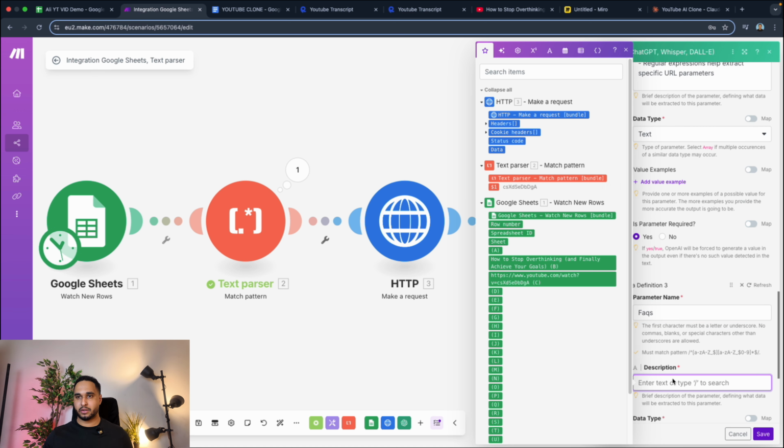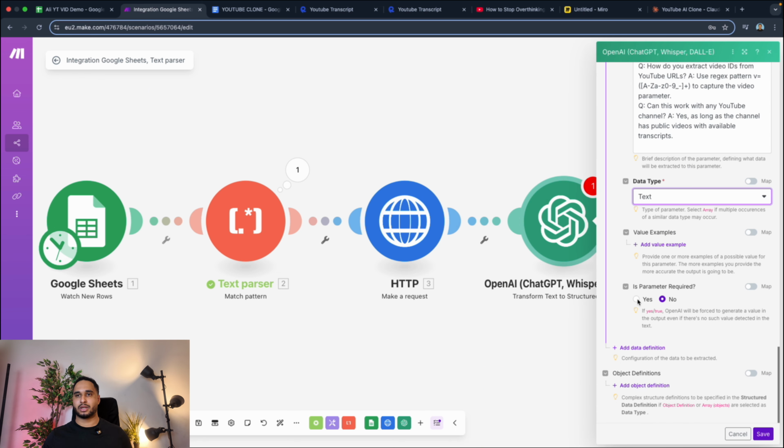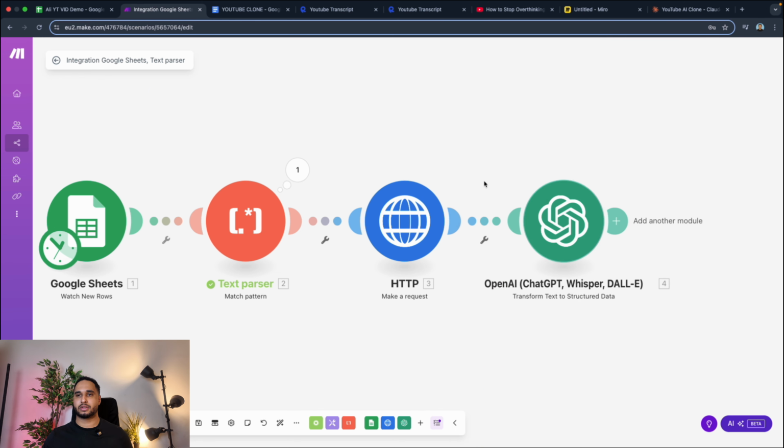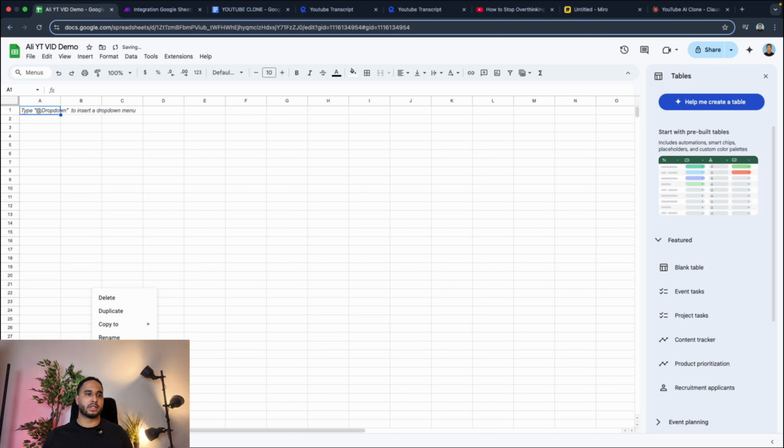FAQs for myself, the description, paste it over here, text, and yes, it is required. And then inside the Google Sheet, create a new sheet, rename it. Let's call it output. Give it a simple name because the name will be important in a moment. We want to send the information in this sheet to the chatbot, and the function we are going to use